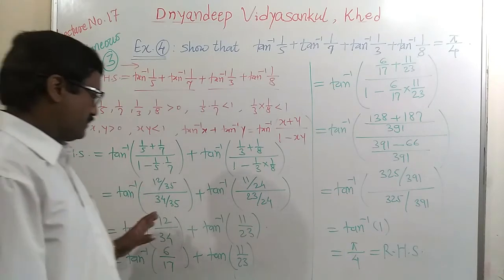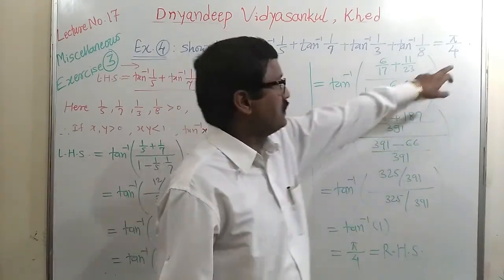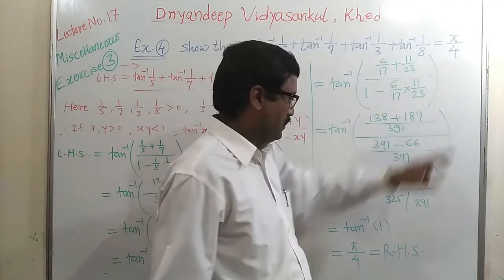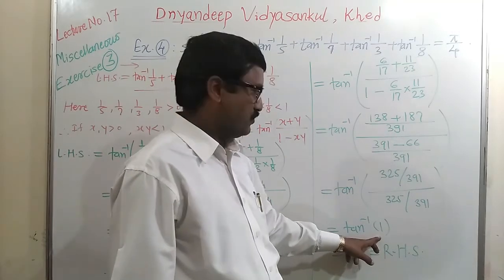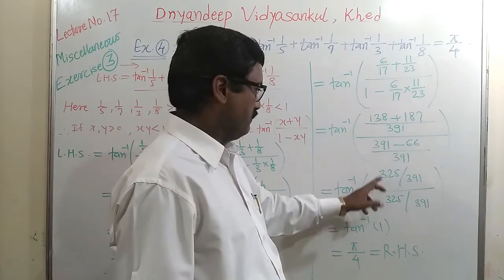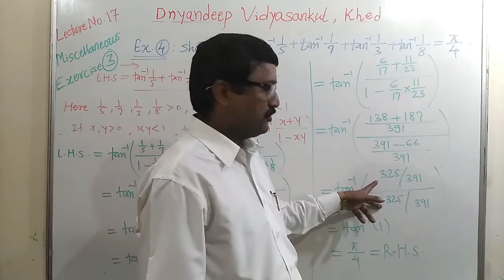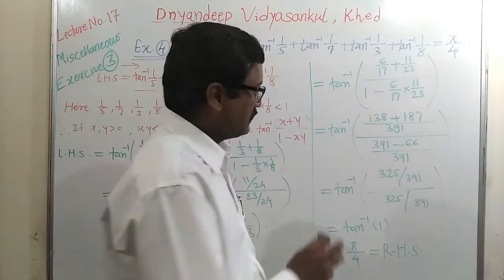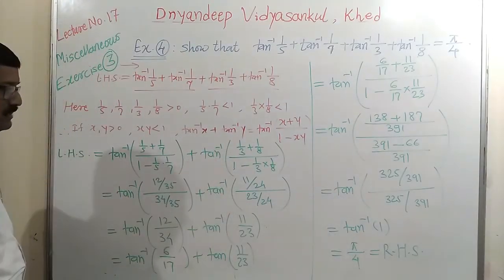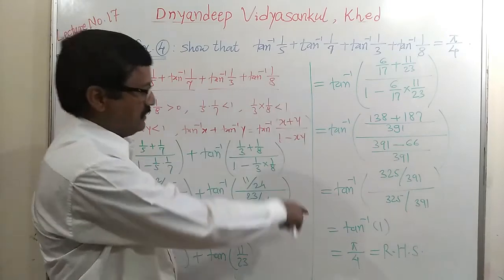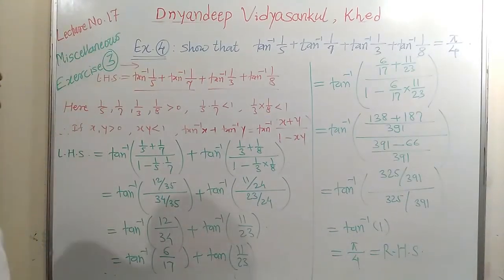Your calculations must be correct, and for the last answer you must know that on the right there is pi by 4. So the last calculation will lead to 1. Okay, so if you get any mistake in these calculations, you will easily understand. If these two numbers are not equal, then there will be some mistake. So check it and correct it, you will get the 1, and so the last RHS will be pi by 4. Okay, that is the fourth one.